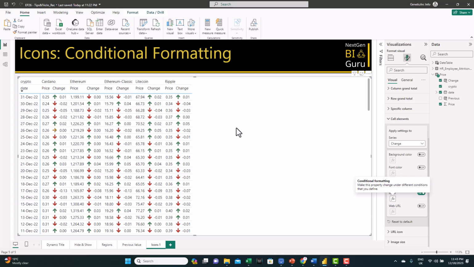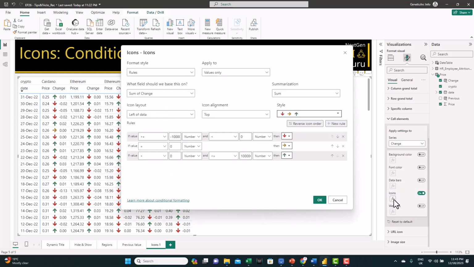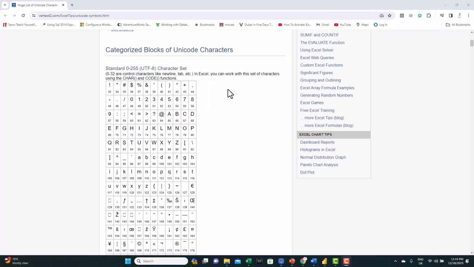So this is the first option, but if you notice, we have very limited options for the icons. Let's see now how we can look into a much bigger list of icons. So in the second option, we're going to use DAX through a calculated column to create icons. And here you find a list of all the icons that you can use, and each one has a number.